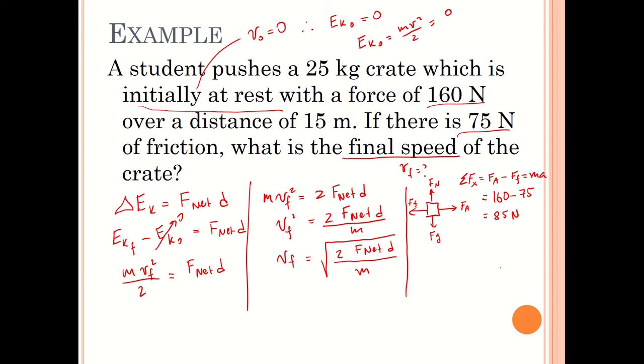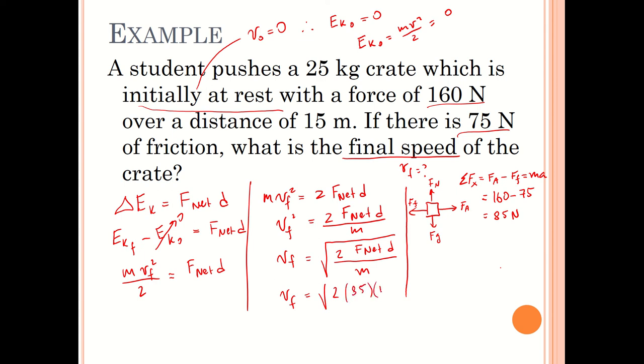So that's what we're going to plug into our equation for the final velocity. Or you could have plugged it in here into the equation for the velocity as well, but because this is kind of the dynamics section, we can do it separately and then deal with the calculation for the velocity here. So let's plug in our numbers for the F net, which is going to be 85